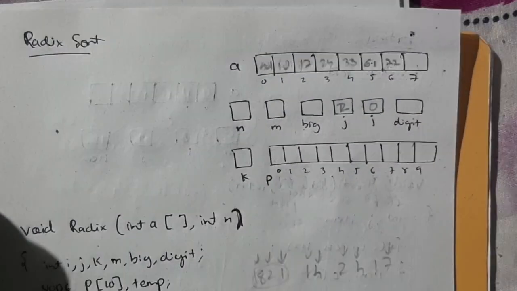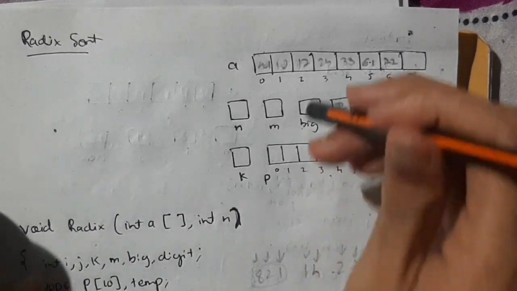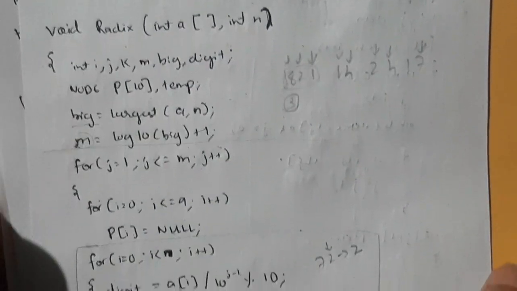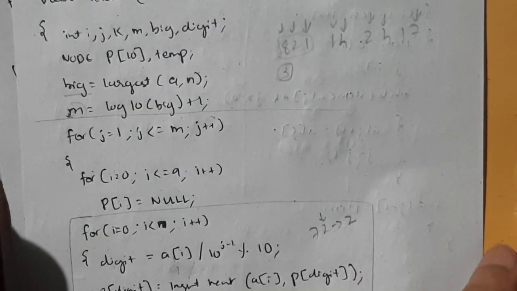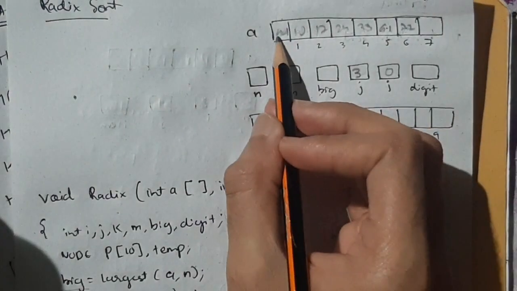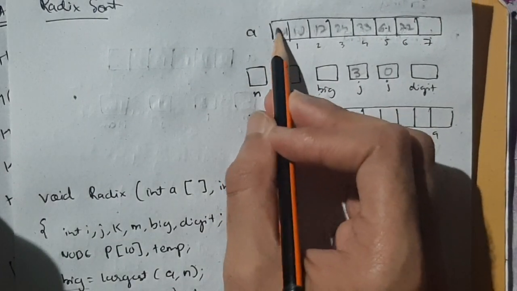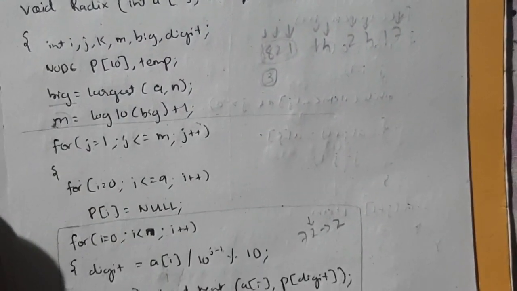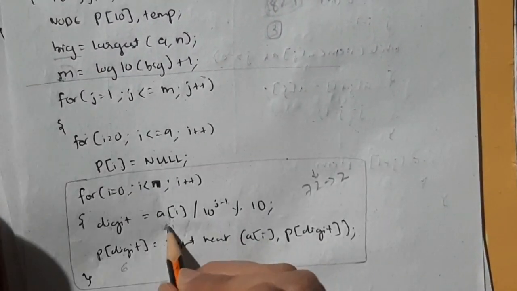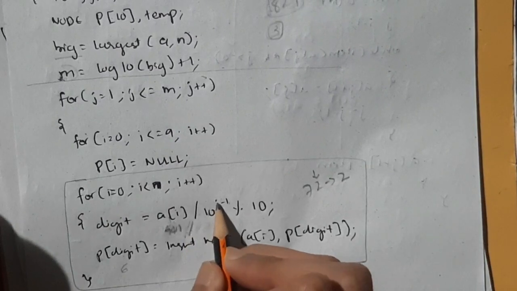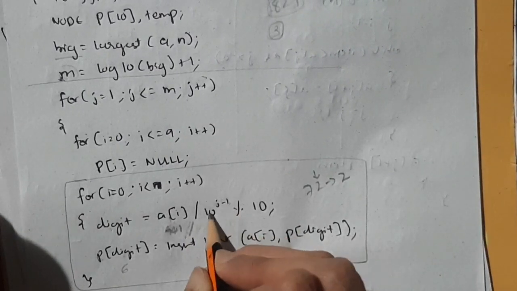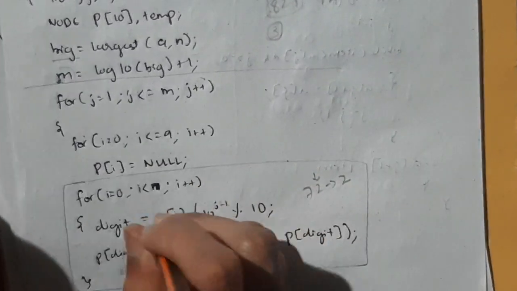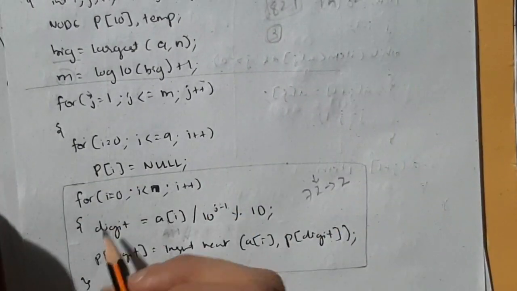Now j will become 3. When j becomes 3, it's the last iteration. j equal to 3 means it will look at the last digit, meaning in 401 the last digit is 4 here, right? It's starting from 4, that will be taken into consideration. Now 401 divided by 10 raised to 2, since j is 3, 3 minus 1 is 2, 10 raised to 2 is 100, 401 divided by 100 is 4, 4 percent 10 is 4 only, so digit will have 4.